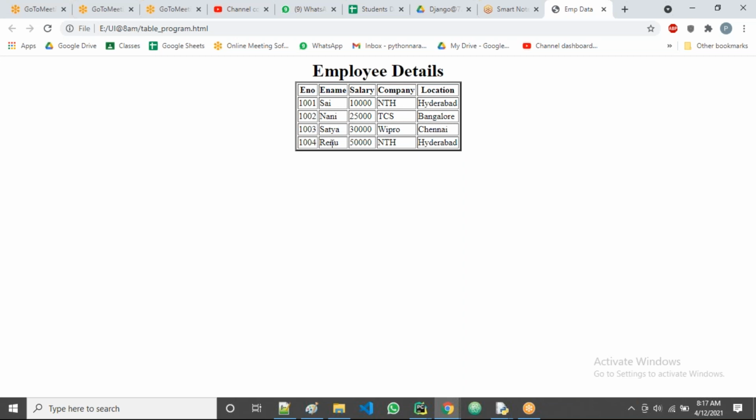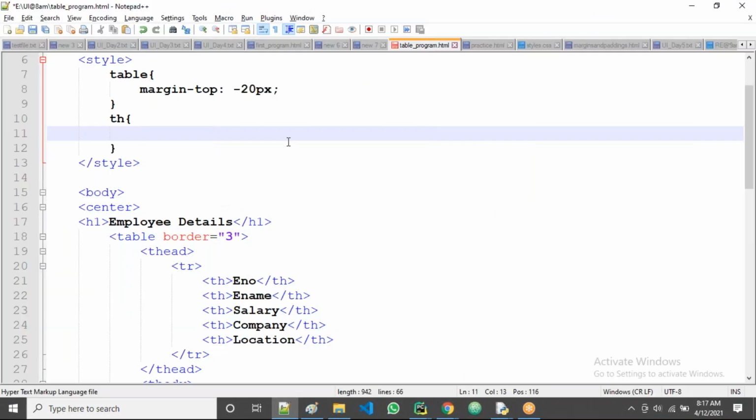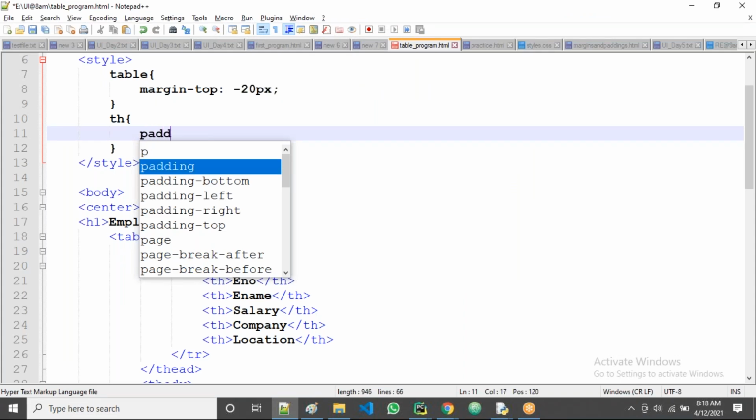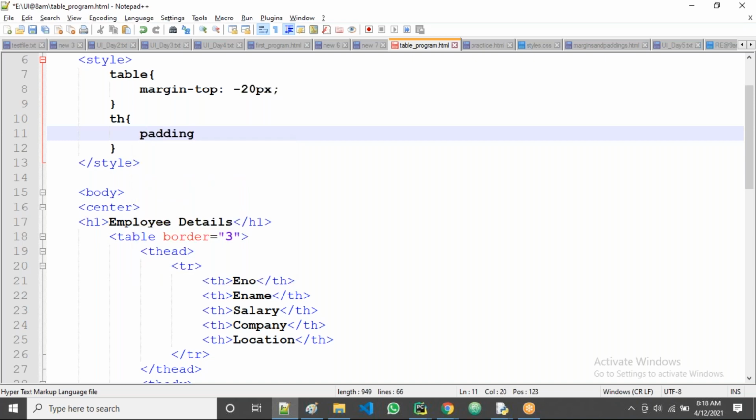Yes. Now, all of you observe. Let's take the padding, guys. Padding, so I want to apply it on 4 sides, right? I'm just taking padding, 20 pixels, guys. Now let me know what it means.